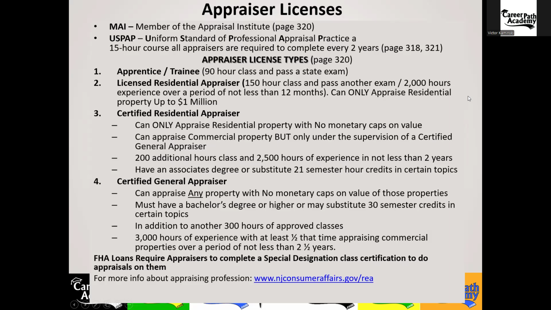So, that being said, what kind of license is required to perform an appraisal? It's one of those simple, stupid answers. What kind of license is required to perform an appraisal? An appraisal license? An appraiser's license, yeah. I just went over all these different types of licenses, so a lot of times people focus on those, but in general, it's an appraiser's license.